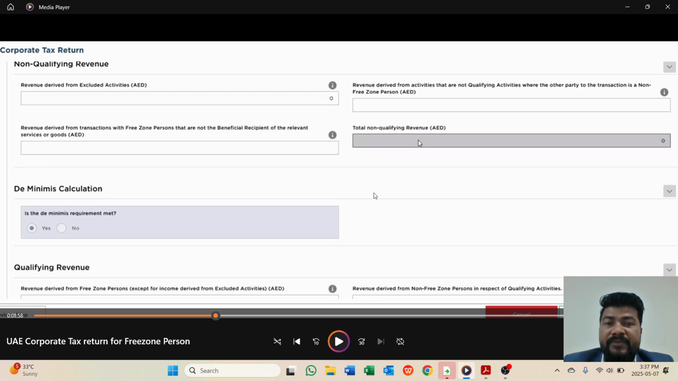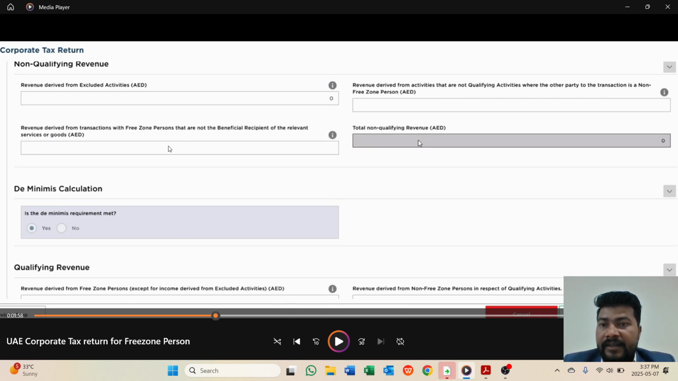Here I had explained to you the conditions of qualifying income. One, it should not be excluded activities. So look, excluded activities here, non-free zone person. So if you are doing a transaction with a non-free zone person, it should always be qualifying activities, right? So look, here you can see non-qualifying activities. So if you are doing any activities with a non-free zone person that is not qualifying, it will be non-qualifying revenue. So here again, it will be non-qualifying income, and you have to put such transactions, such revenue derived from such